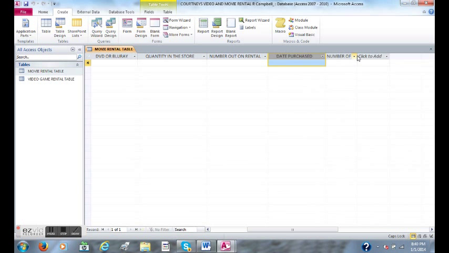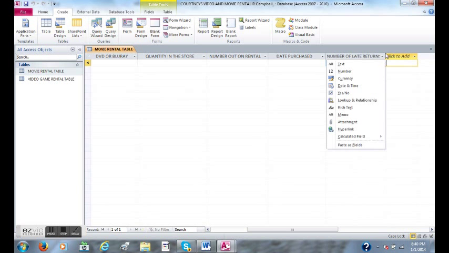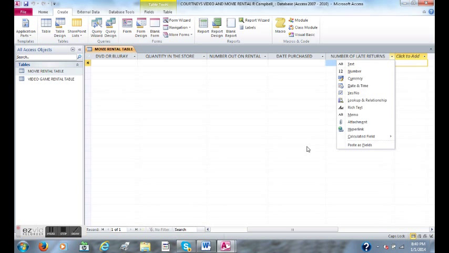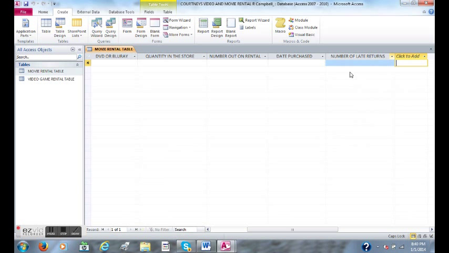And number of late returns. Some of these are a little tricky to get them just wide enough. So there we go, number of late returns. Okay, so let's now, at this point I am just setting the table up. I'm not actually entering data yet. So the first thing you do when you open your table is to make sure there's enough room for all these things